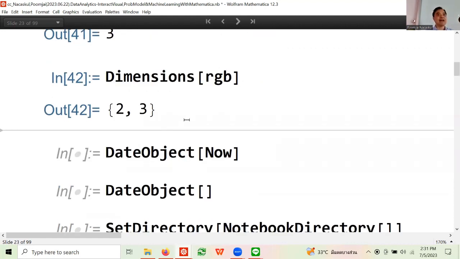So if I have a screen object that is 600 rows, 900 pixels, 3 color values, and I store this object as my screen, and I ask for the dimensions of this screen, what am I going to get? I'm going to get curly bracket, 600, comma, 900, comma, 3.